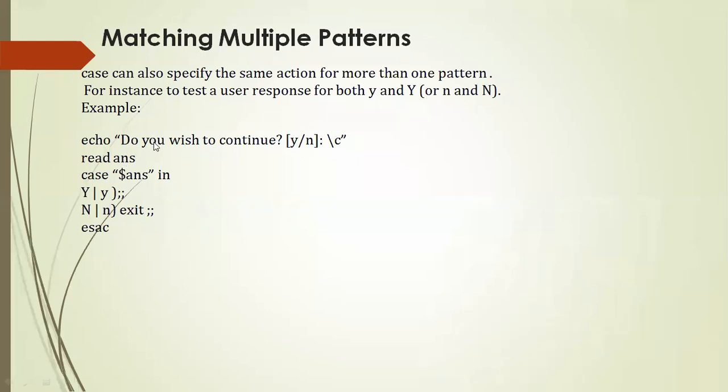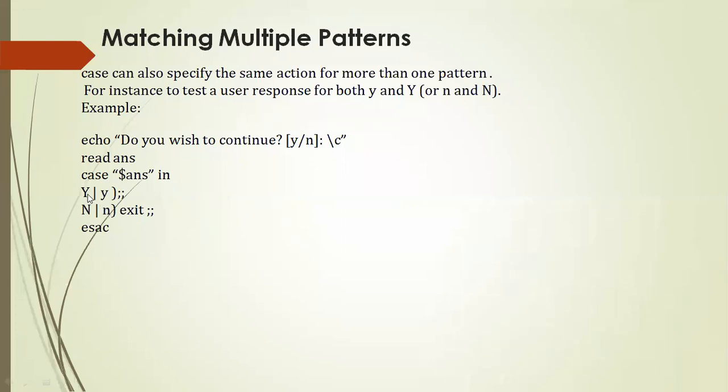So in this example, what you're going to do, right? You're going to take a variable called ANS, that is answer, read the value of answer from the keyboard, right? Access that value, case $ANS in, the pattern of these two. Means you are supposed to enter either capital Y as the pattern or small y as the pattern, or the other pattern is capital N as the pattern or small n as the pattern. Now there are two patterns here, right?